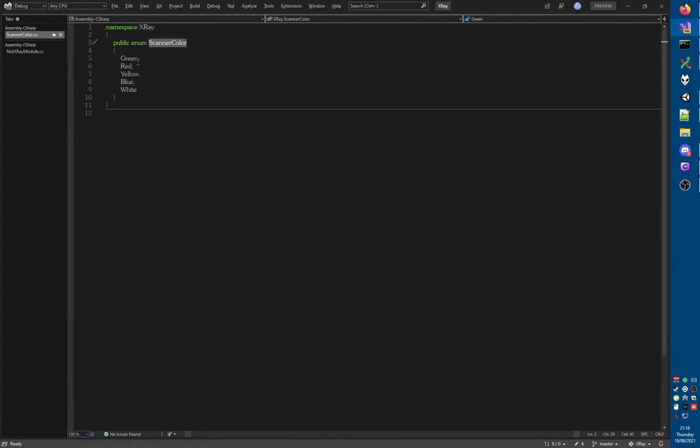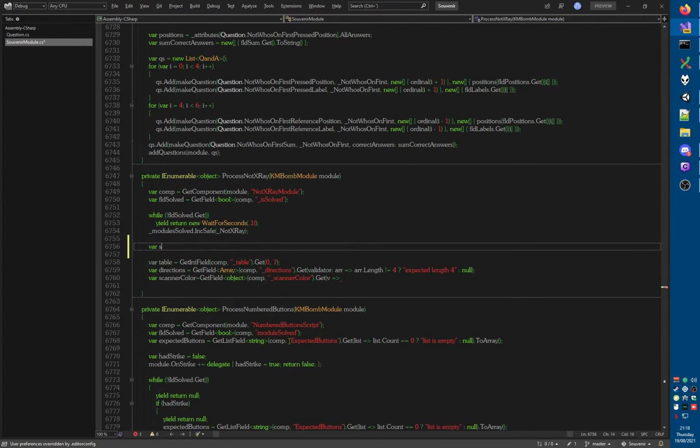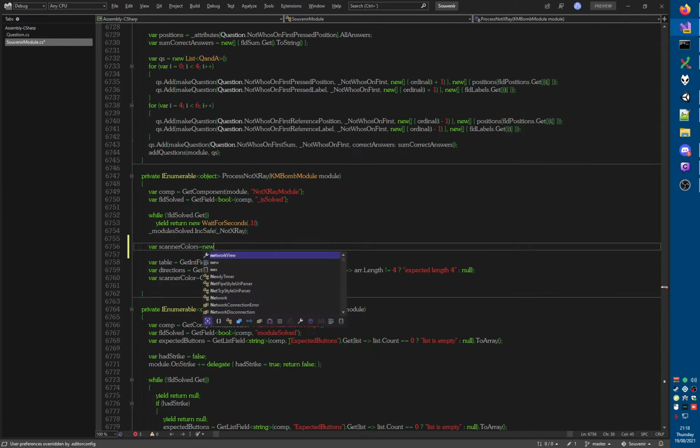These are the colors that it can be, except not green, because green is the color that it has at the beginning of the module, but at the end, after you've solved it, we expect it to be red, yellow, blue, or white. So I'm going to create a little array here, var scanner colors, plural,